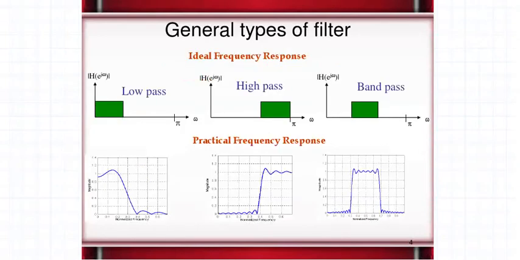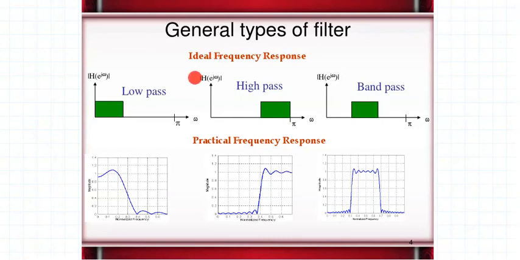So, directly jumping into digital filters, let me first give a small background of the types of filters. Basically there are three major categories of filters: low pass filters, high pass filters and band pass filters. You can see in the above figure I have shown all the ideal characteristics. This is the ideal low pass filter, this is the high pass filter and this is the band pass filter. All these three are ideal frequency responses.